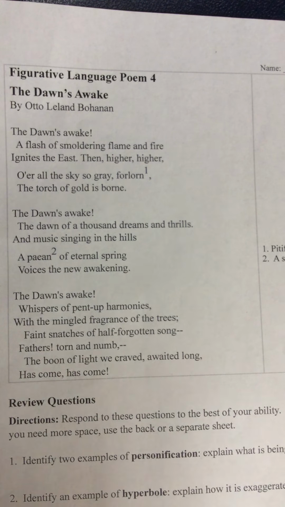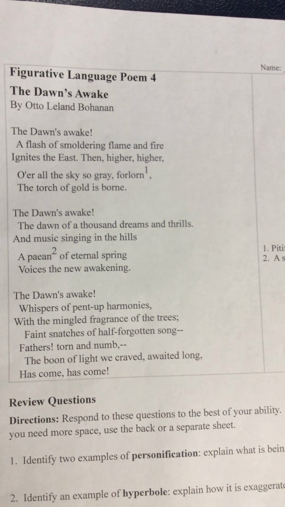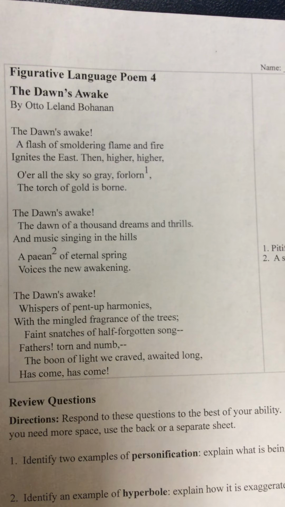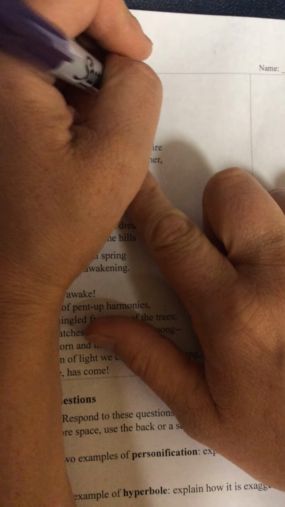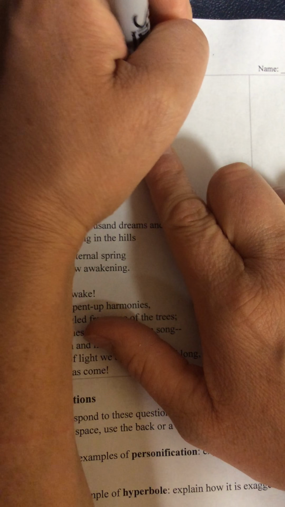Here we have a quick demonstration on how to annotate a poem for figurative language. This is the same poem that you have, The Dawn's Awake. Notice the apostrophe S, so that must mean the dawn is awake. So that would be an important thing to note on your paper. So the first annotation you may do is to circle that, say the dawn